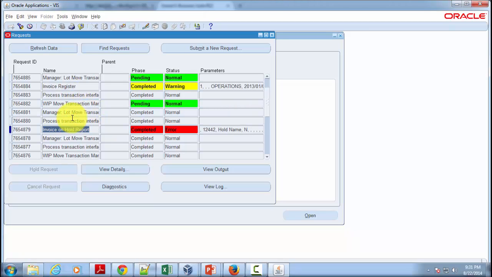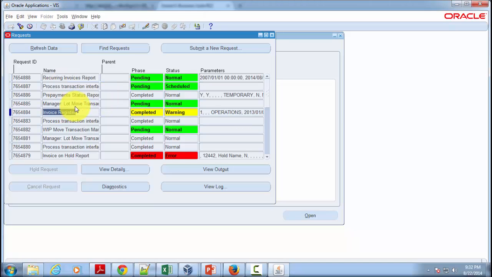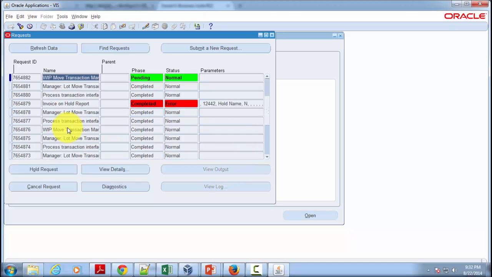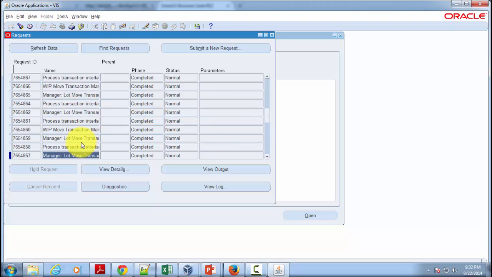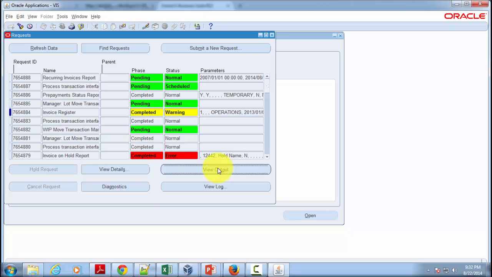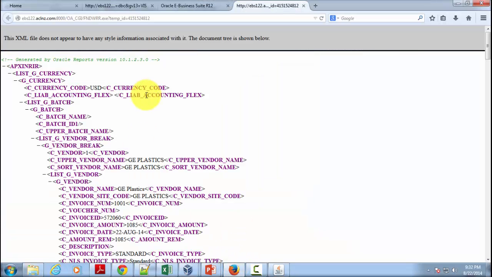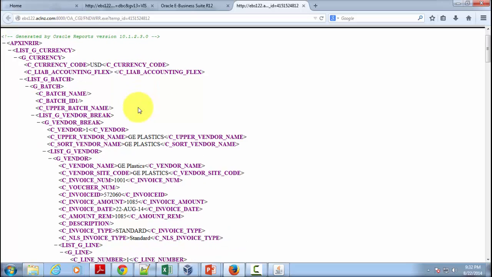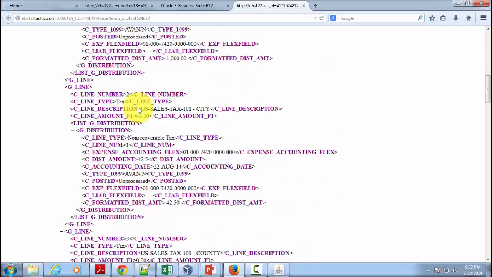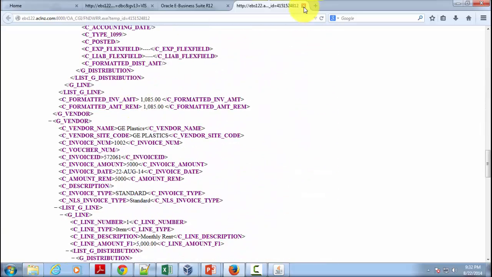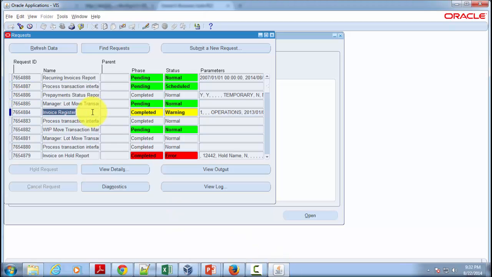So we're going to move on and we'll go to the invoice register, which also ended up in a warning. So chances are that it could be similar to the previous one when we got the warning, wherein we got unformatted output. So let's see this one. Yeah, it's exactly the same issue, it looks like the XML builder is having some problem. The template hasn't been applied. Okay, but never mind. We're going to move on, and then you've got the prepayment status report, and we'll view its output